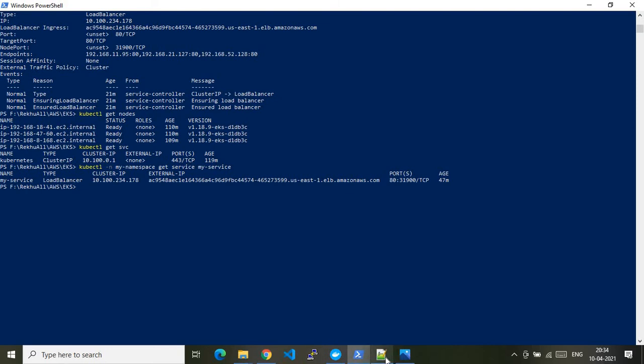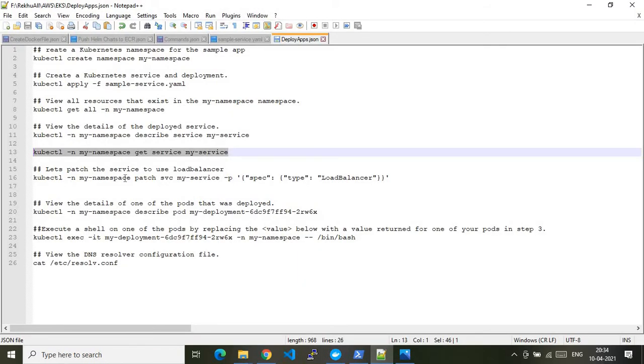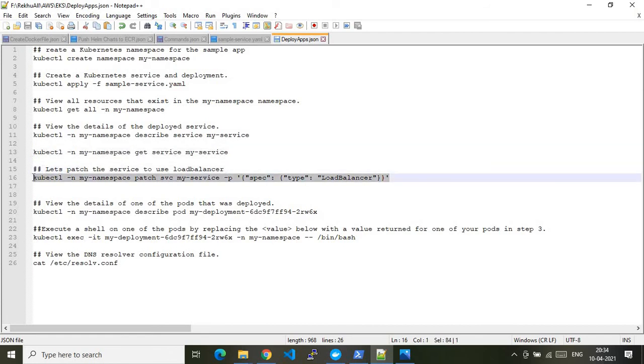And let's go to the next command. This one I have already, so let me give something about this command. This command is kubectl -n namespace patch service. Let's say you have already published your service, but you forgot to add the load balancer in the specification of the service. In that case you can use this command, where you are patching the service and adding one more feature called load balancer. So this is one command which you can try out. And let's see the next command.